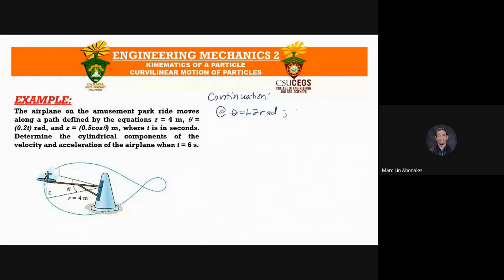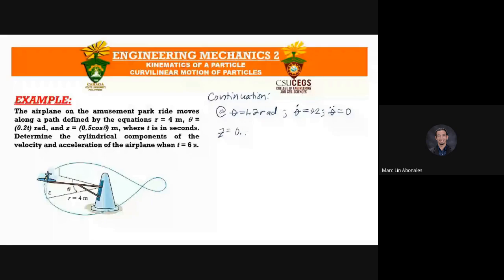The angular velocity was 0.2 radian per second, and angular acceleration is 0. So, muna ang substitute sa z, z dot, and z double dot. Ang sa z is